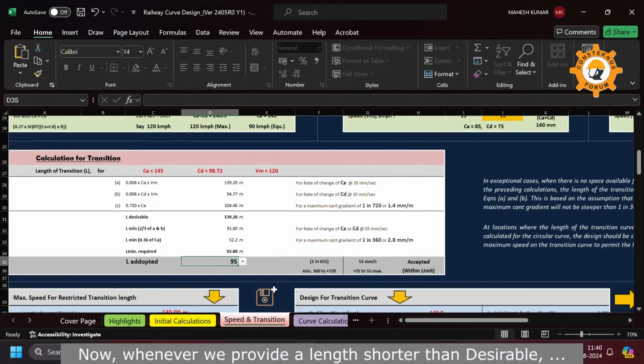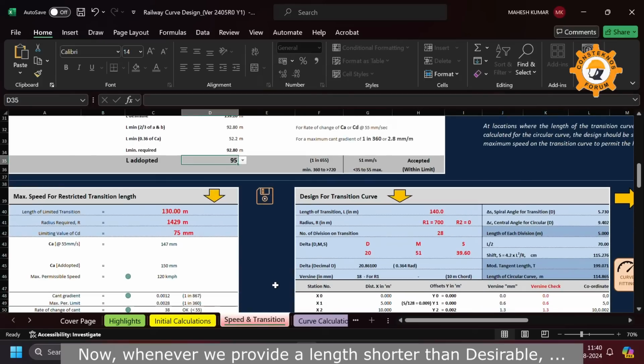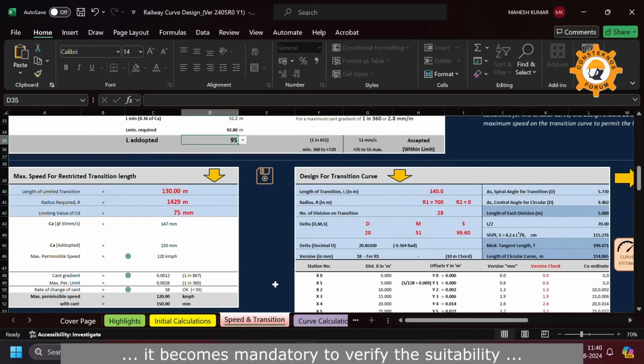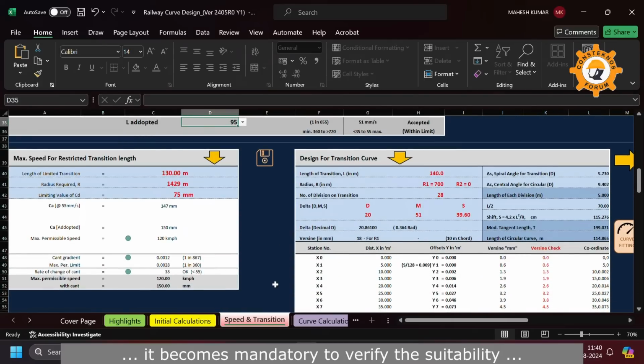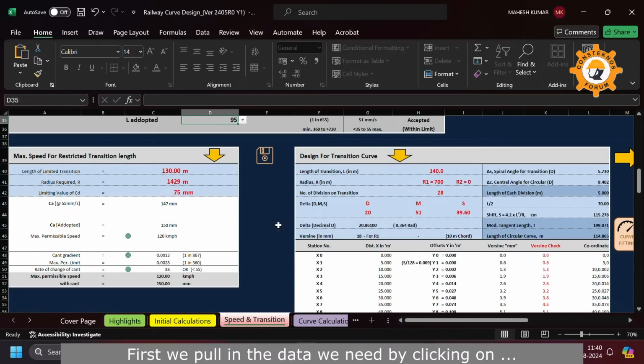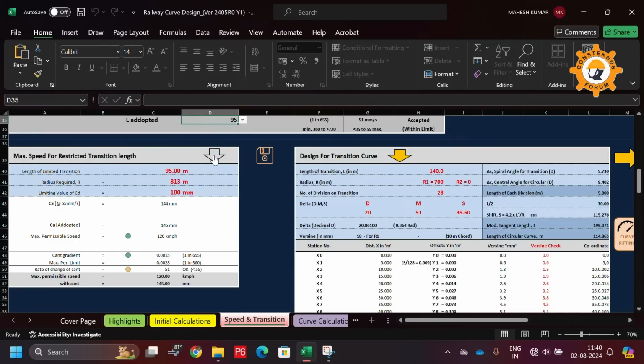Now whenever we provide a length shorter than desirable, it becomes mandatory to verify the suitability of the given transition as shown in the next step. First, we pull in the data we need by clicking on this downward orange arrow.